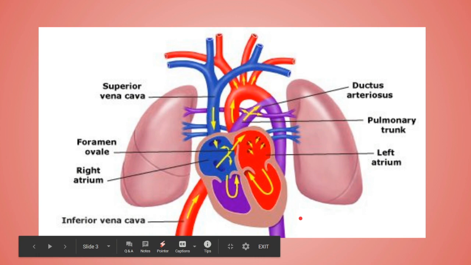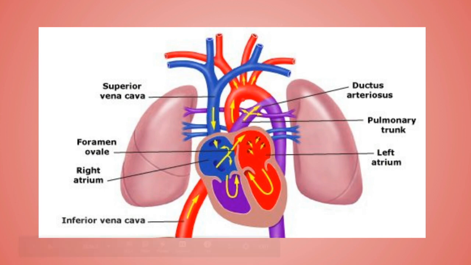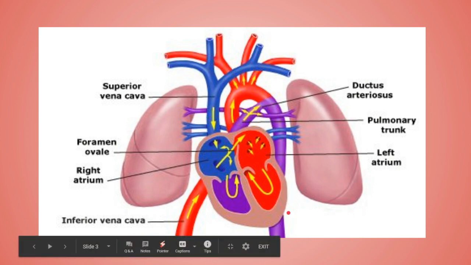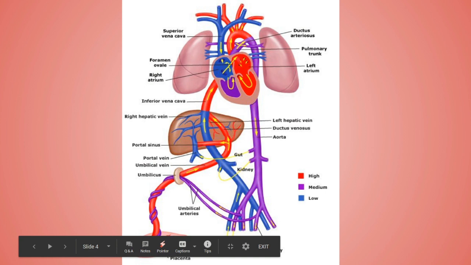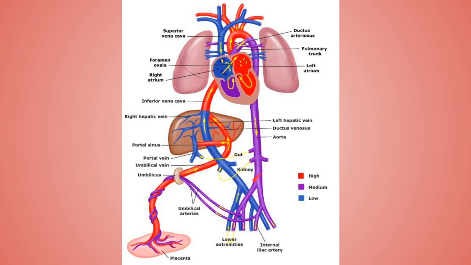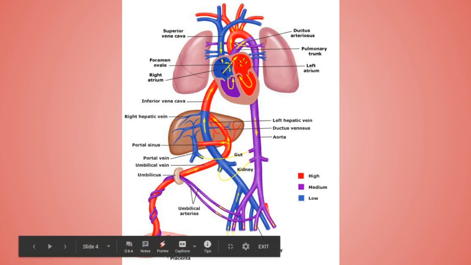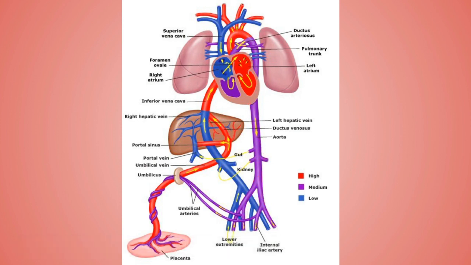Okay, so over here we can say that the very pure blood will supply the upper part of the body. And the comparatively less pure blood, by way of the ductus arteriosus, will go in the downward direction and supply the lower part of the body. As you can see in this diagram, the blood from this ductus arteriosus goes into this part and supplies the lower part of the body by way of this vessel. Now what happens after this?